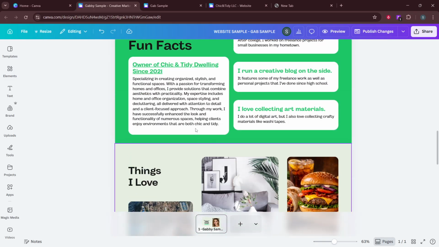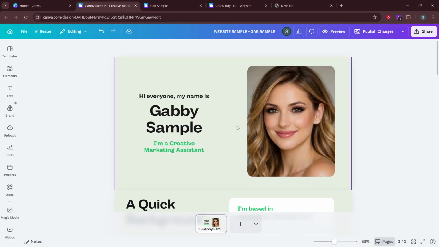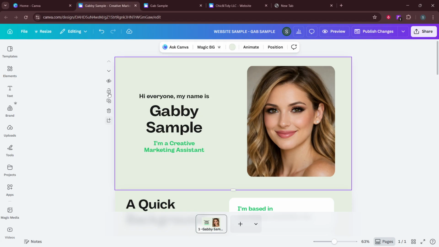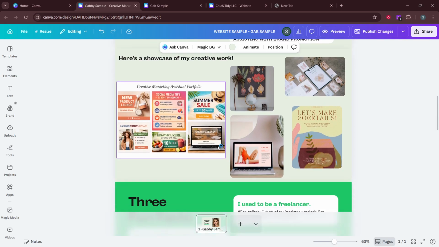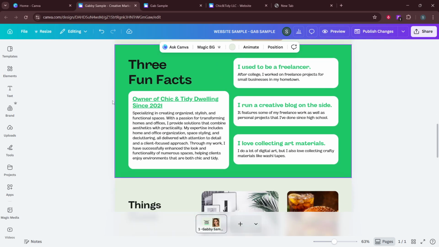Start by opening your Canva website project in the editor. On the left, you'll see your list of page thumbnails. Click the thumbnail for the page you want to hide so it's selected. Next, look for the eye icon or a hide page option associated with that thumbnail. Click it to hide the page. You'll notice the page disappears from the page list in the editor. That's your visual confirmation that it's hidden from your design view.